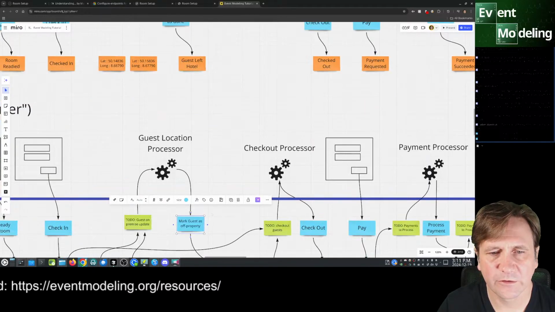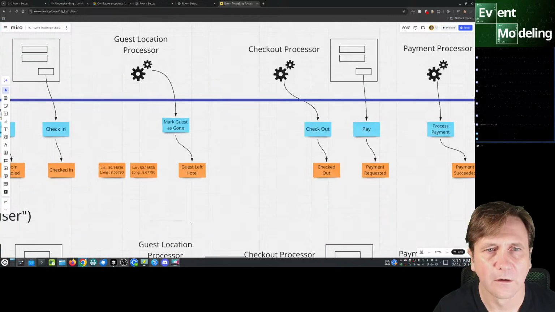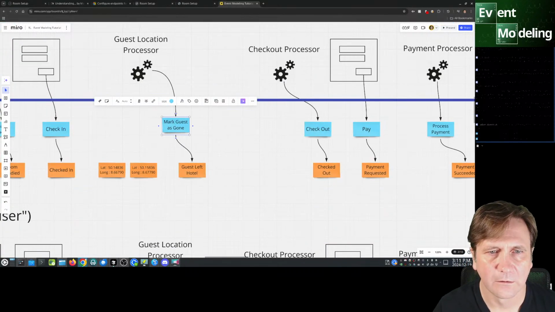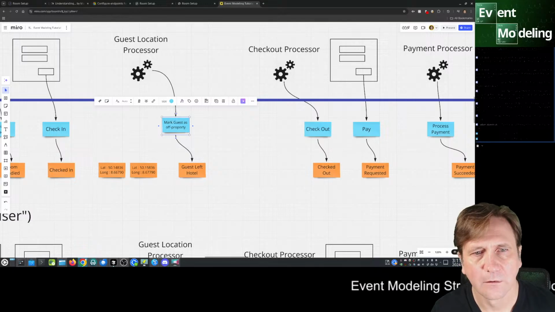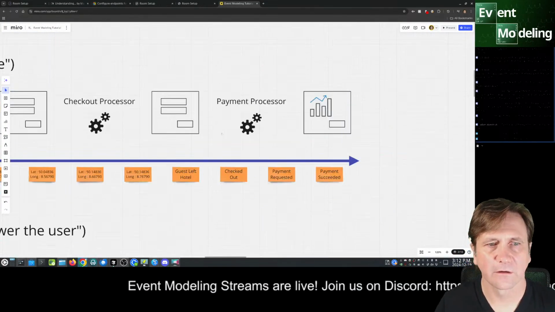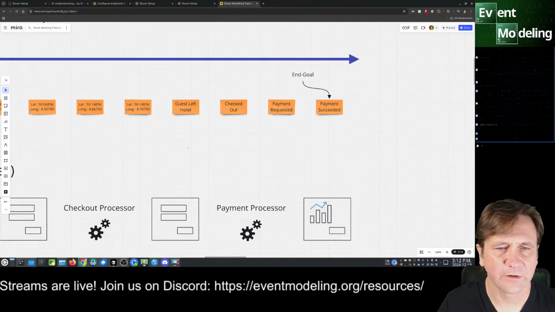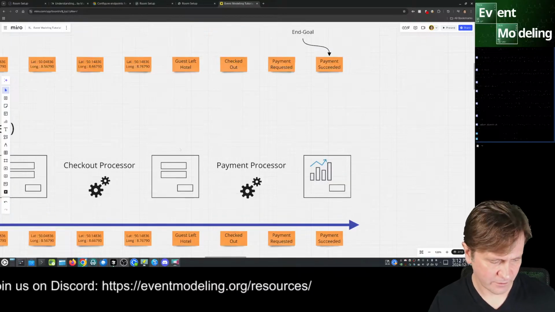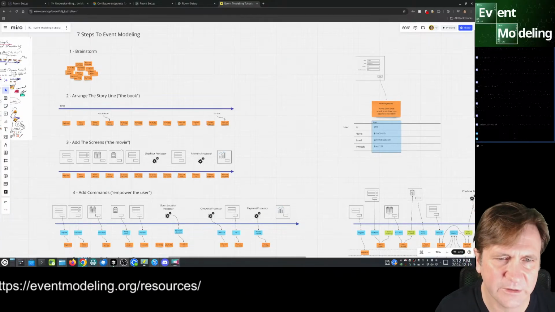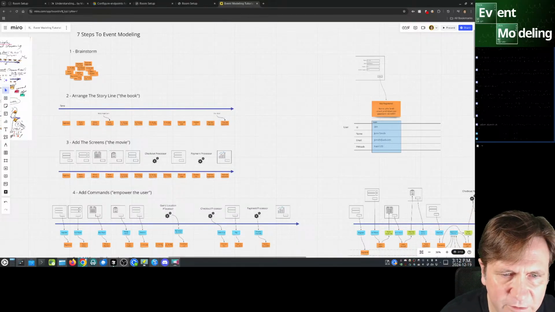So yeah, we'll make sure to have the same name here. Okay, that's good. And we have these lat long. I think we need to introduce, what are we doing here? Add the screens, the movie, checkout processor, guest location processor.